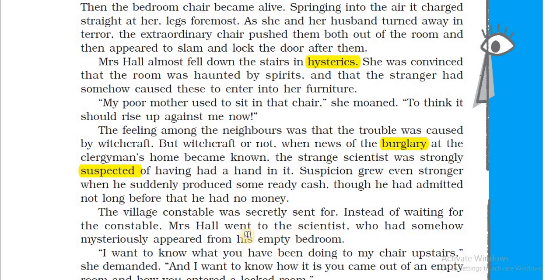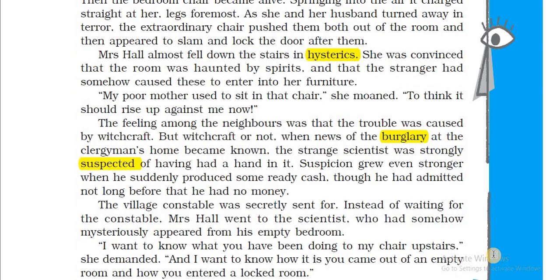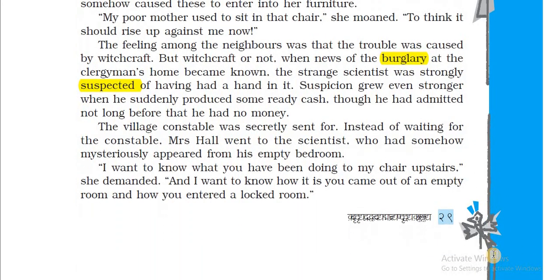A village constable was secretly sent for. Instead of waiting for the constable, Mrs. Hall went to the scientist, who had somehow mysteriously appeared from his empty bedroom. She asked Griffin, "I want to know what you have been doing with my chairs upstairs." That she asked what he was doing with her chair upstairs, and she demanded,